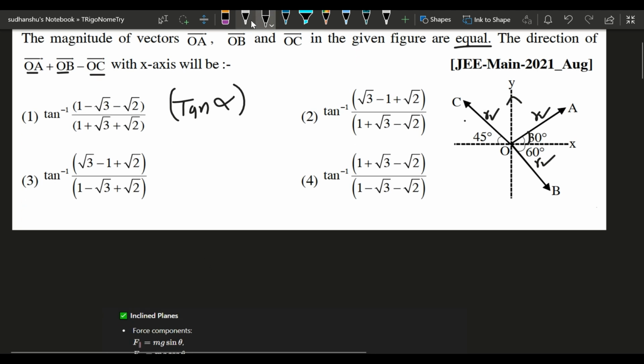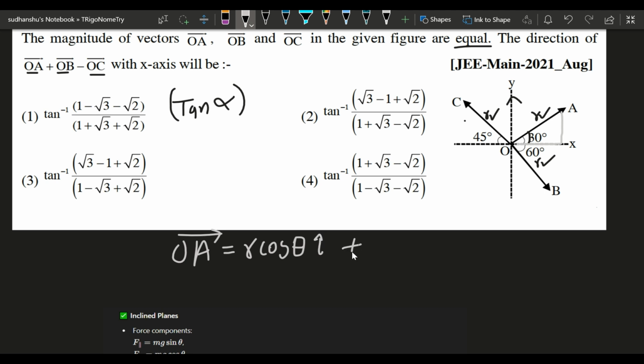I can write OA as what? See, if you ask what is OA vector here, I can just write it as, see, OA is like R. See, this is R sine theta, right? And this is R cos theta. So the x-axis is cos theta. So I will write R cos theta i cap, because the axis is like this only. And for the y-axis, I write R sine theta j cap. And the theta for A is what, 30 degree. For B, what it's what, minus 60 degree, because it's anti-clockwise direction.